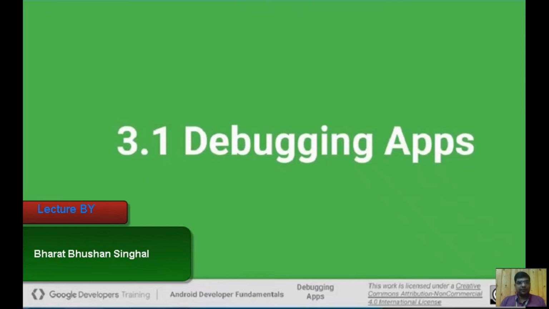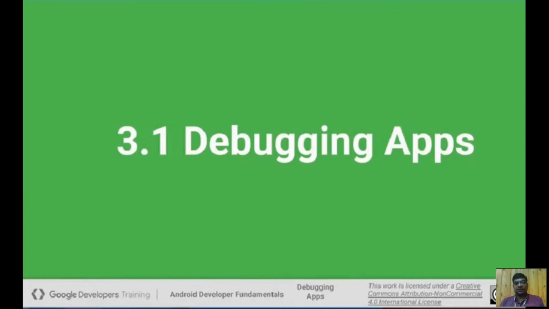I welcome you all to lesson 3, where we are going to discuss debugging, testing and backward compatibility. We all have been learning about Android for a long time now. We know how exactly we can create activities, we know about intents. So let's learn how we can test our application, how exactly we can find our errors,